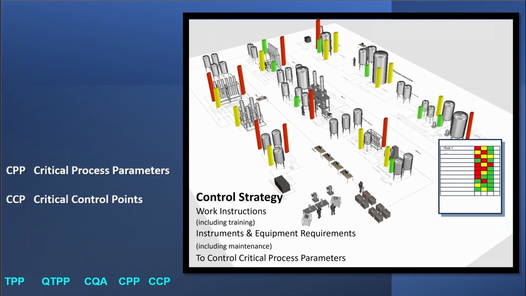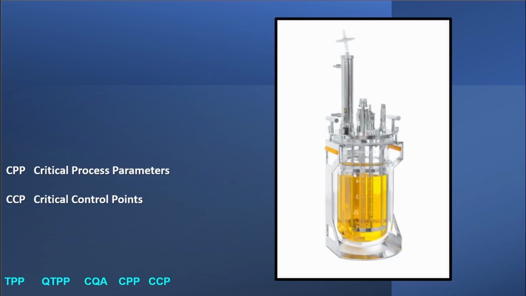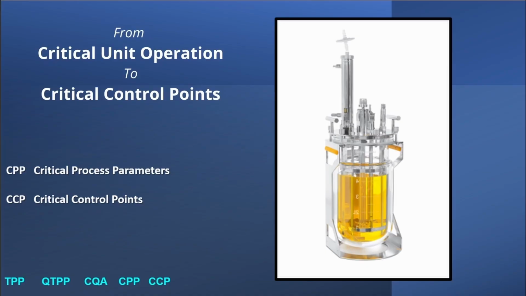In a manufacturing process, CPP, critical process parameters, are the equipment parameters in each unit operation whose variation during production will have a critical impact on CQA and must be controlled at the critical control points to ensure the CQA targets are achieved. A USP bioreactor is obviously a critical unit operation, but to determine the critical parameters and their